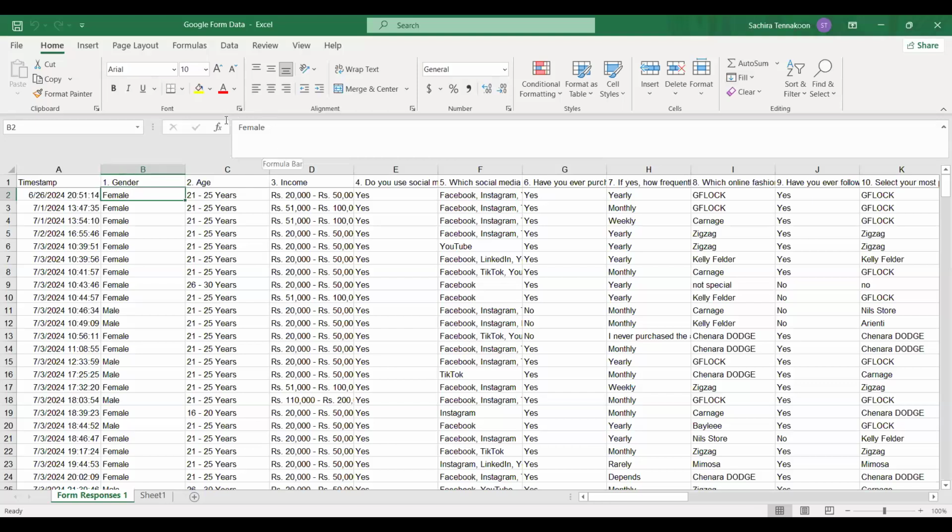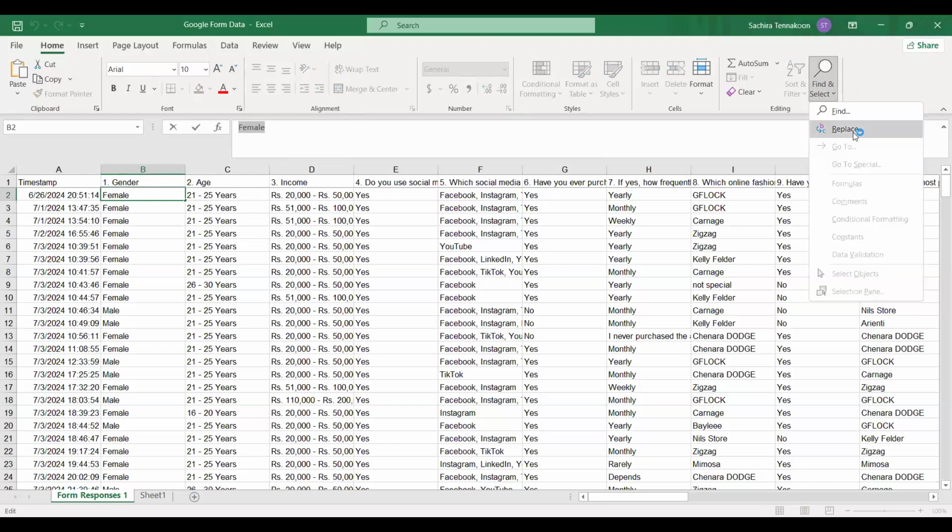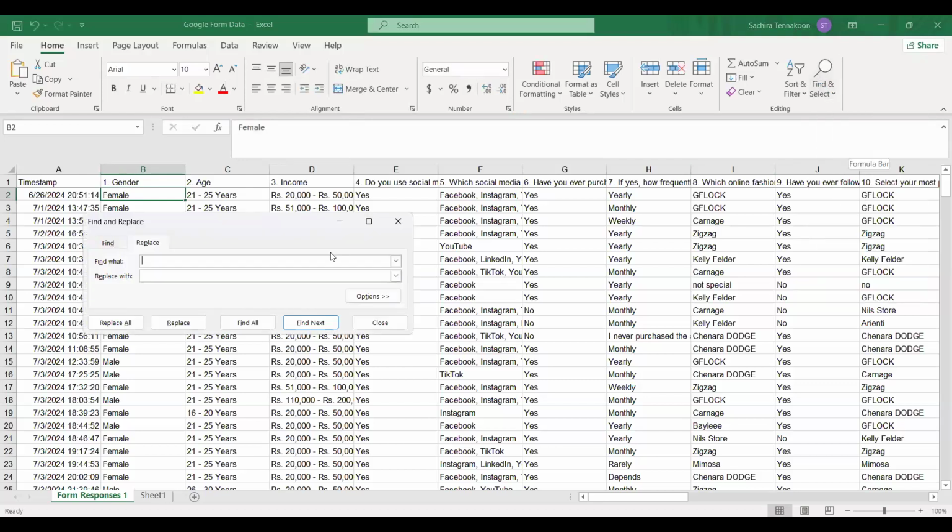So this is how we are going to do it. You have to paste it as it is because it is searching for exact. You have to paste exactly the same in find and replace, because even if it differs, it won't detect it. So for the find what you can give female, I was copying it, and replace with 1.